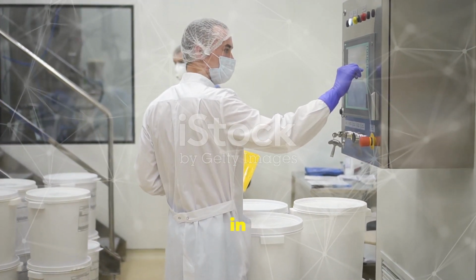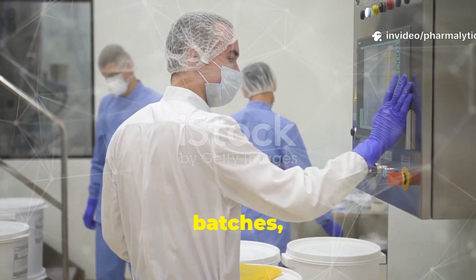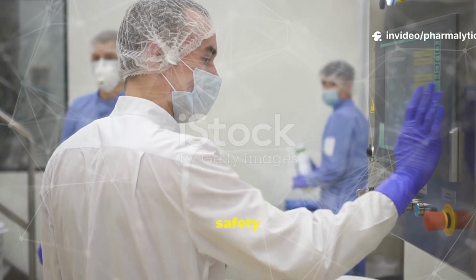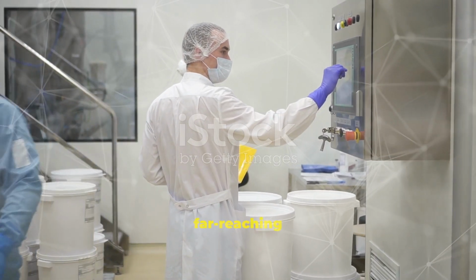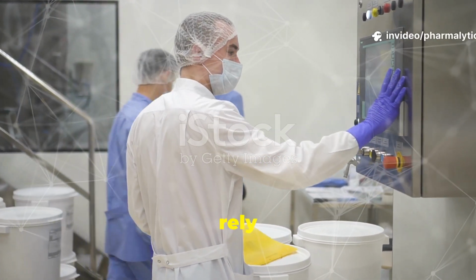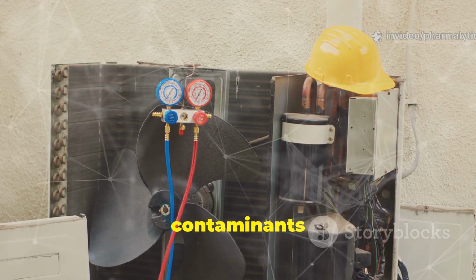When HVAC fails in a pharmaceutical facility, the consequences are enormous. Contaminated batches, millions of dollars lost, and most importantly, patient safety put at risk. The stakes are incredibly high because even a brief lapse in air quality can have far-reaching effects, impacting not just the company, but also the people who rely on these medicines. A single fan or filter failure can allow contaminants to enter,